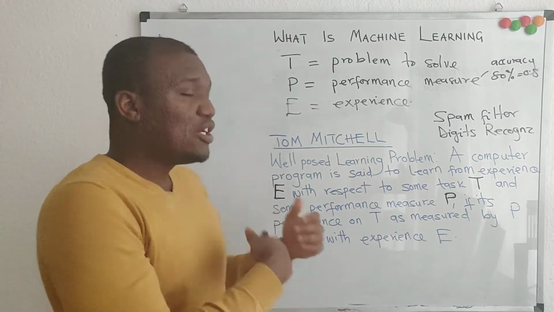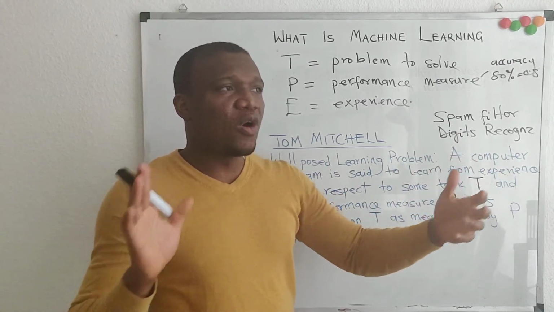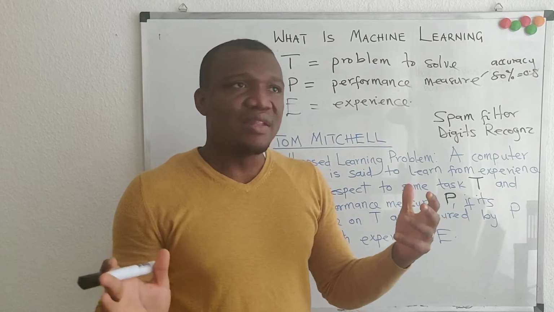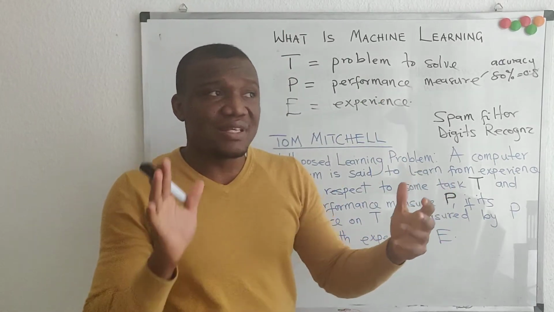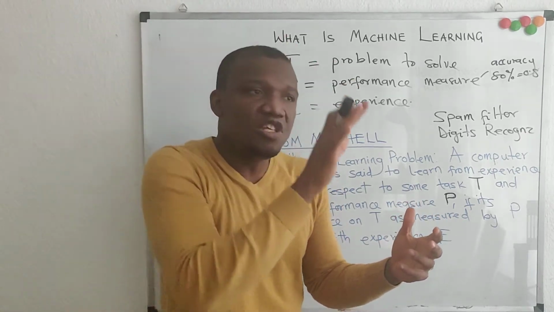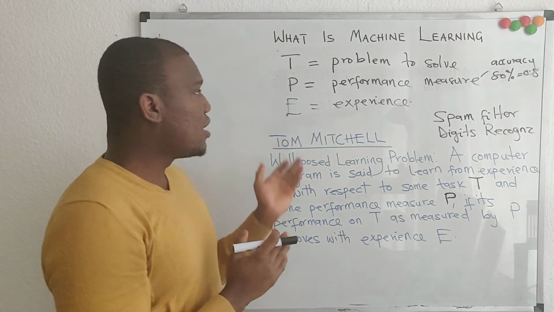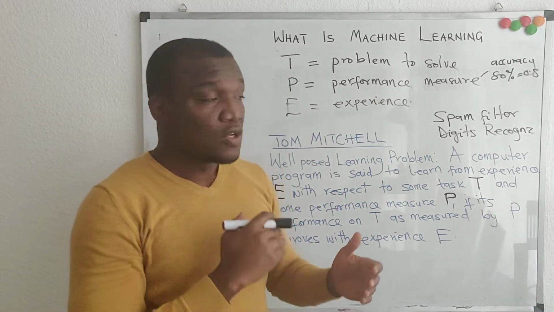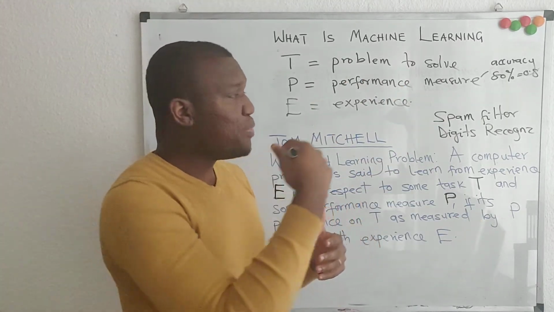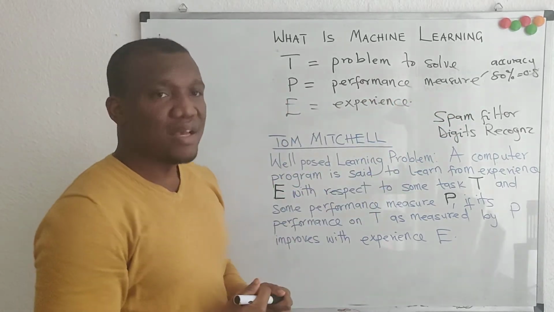This happens during the training phase, but there are some other machine learning systems that we call online learning, which are models that have already been built and then they are used in production. But even as they are used in production, they still adjust themselves to suit newer input that comes in. So that also goes into the experience over here. So the more the model is exposed to the training data, the better it is expected that it gets as far as the performance is concerned.